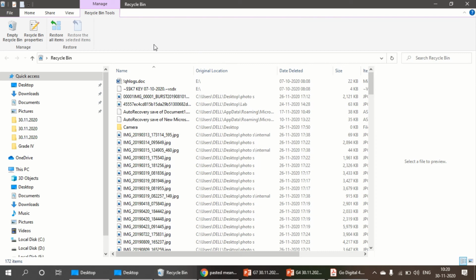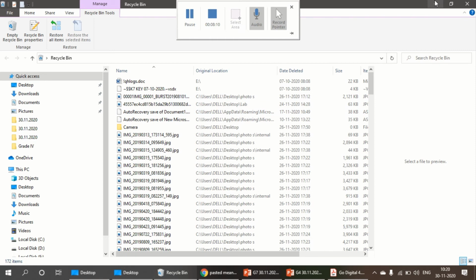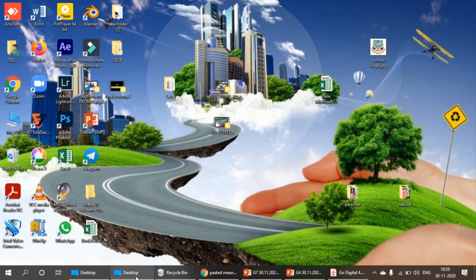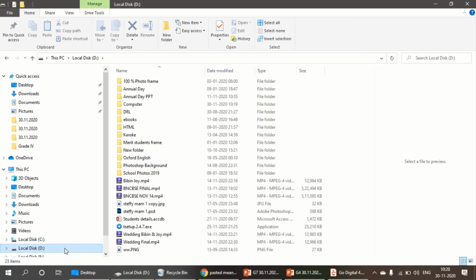Go to recycle bin. So here I have chosen the recycle bin folder and click empty recycle bin. It's asking whether you want to permanently delete all these items. If you click yes, it will be permanently deleted. So two options are there to delete a file or folder. One is delete, which means it will be directly moved to the recycle bin. The other, if you want to permanently delete it, is the keyboard shortcut shift delete. Then you can delete the file or folder permanently, or else you can go to the recycle bin and permanently delete the files or folders from there. When you click empty recycle bin, it will be deleted permanently.